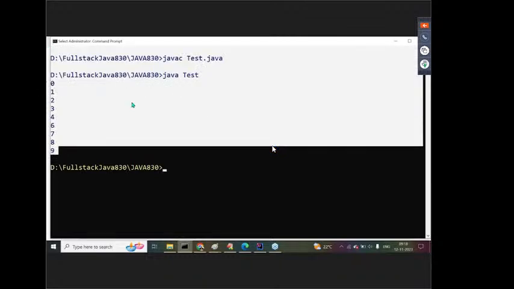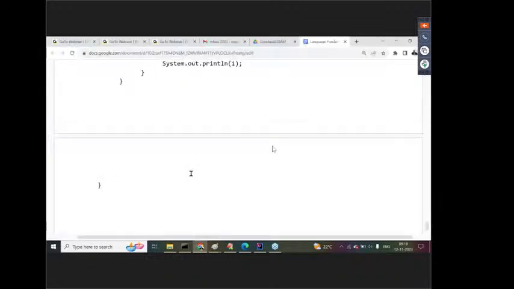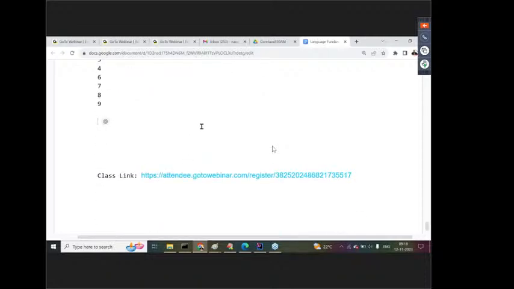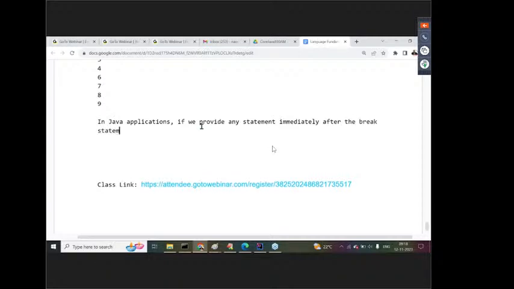Now the compilation and execution we are going to provide. Now see this output value we are getting. Okay, fine. Next, one more point I'm telling you. Listen, all of you listen carefully. In Java applications, if you provide any statement immediately after the break statement or continue statement,